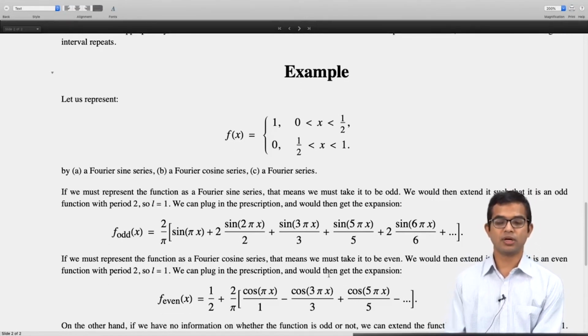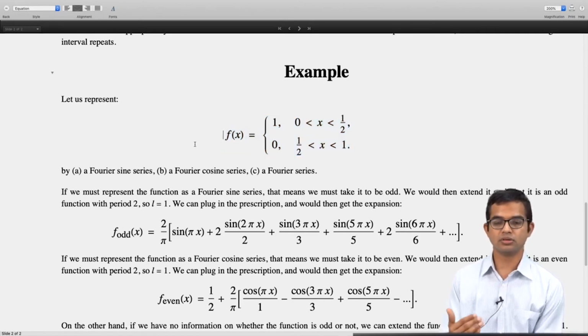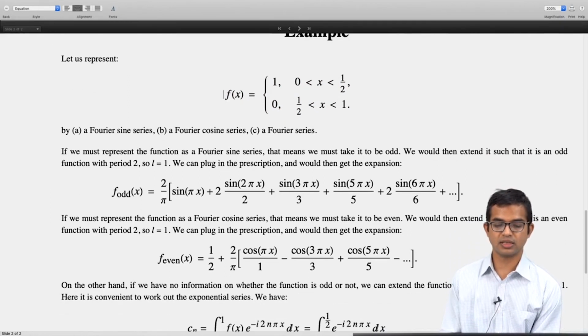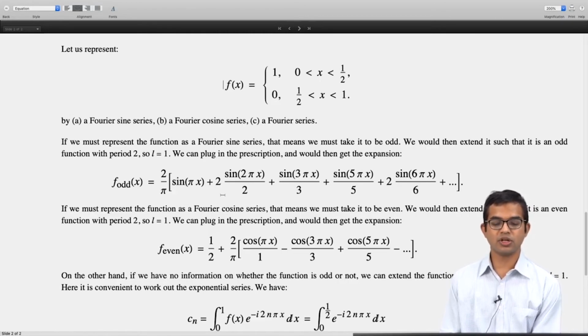But if you take a close look at only the interval of interest, then it doesn't matter which of these you're looking at. They'll all give you the correct answer, right? So you need some input which is independent of this information on whether you want to extend your function to be an odd function or an even function, or just take this itself as the period, which is the third kind, right? So if you take it directly as a period, then in fact it's convenient to just look at the exponential series, right?